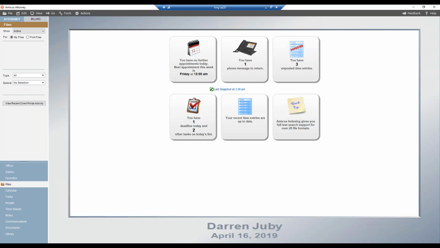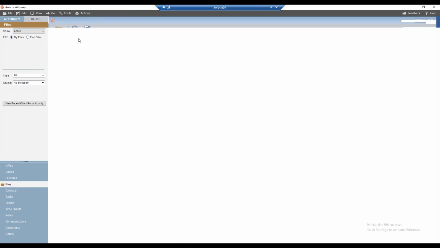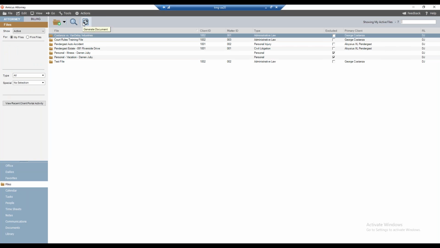We could go to the Files module and do the document generation by simply selecting a file and clicking on my Generate Document button, or one of the other options that I've got available to me here, such as right-clicking and selecting the Generate Document option. I could go to the Actions menu, select Generate a Document, or if I'm a keyboard shortcut fan, I can